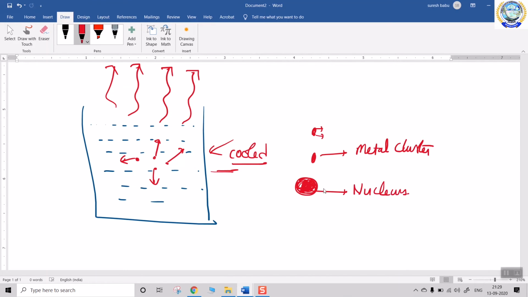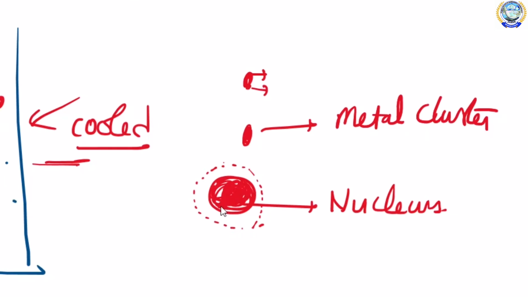So these types of nuclei are formed at different places in this solution. All these nuclei want to increase their size. To increase its size, it has to attract the nearby atoms to it. But these small particles are always in vibration. Why? Because they have some heat energy. They are always in vibration.